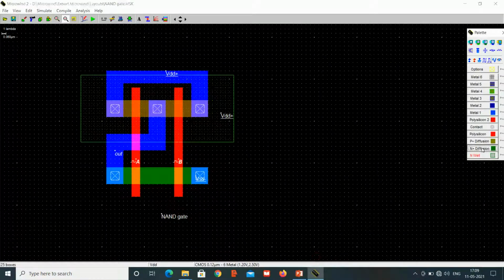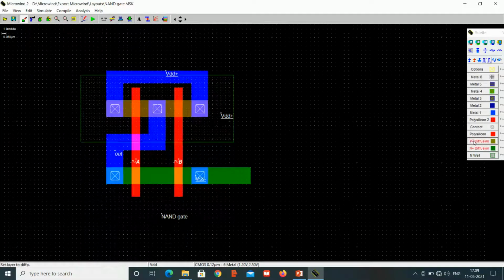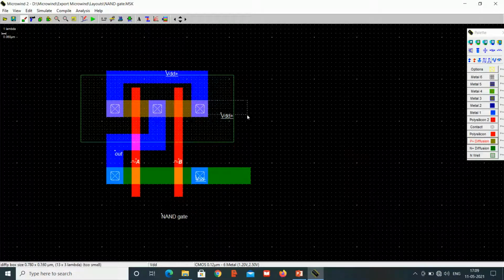First I am selecting N plus diffusion, and for the inverter N plus is 14 by 4 lambda. So I am designing with 14 by 4 lambda, and P plus is also the same. Select P plus diffusion with a dimension of 14 by 4 lambda. We can verify the dimension on the bottom left corner.